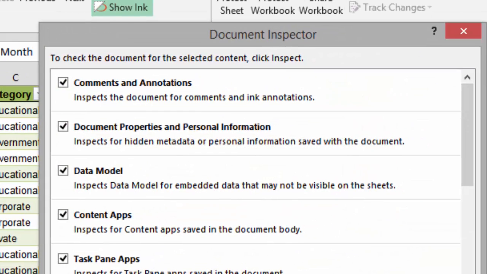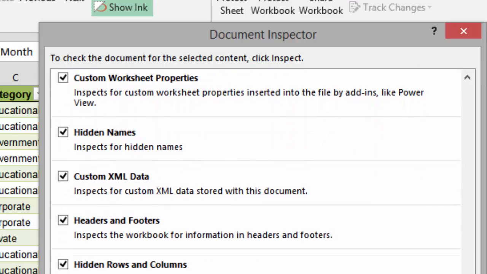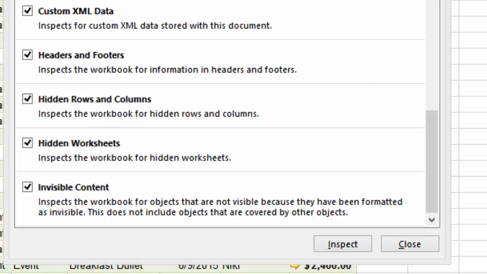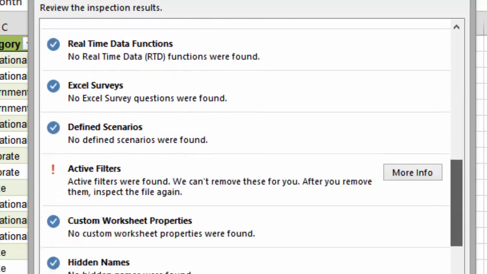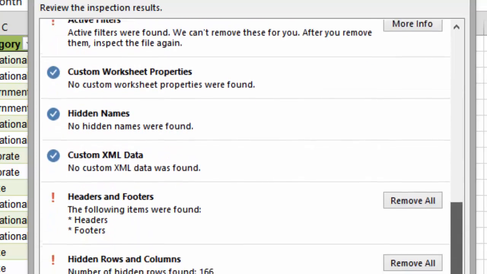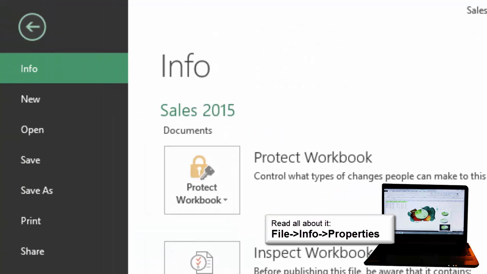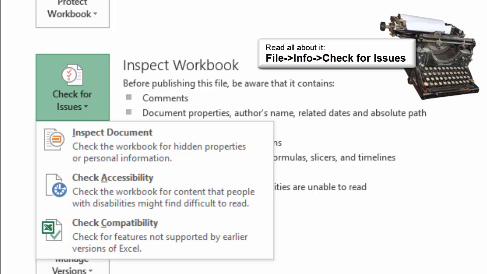The document inspector will look for certain things like headers and footers, comments, hidden rows and columns, hidden worksheet, invisible content, and metadata. If the document inspector finds any metadata or personal information, you will be prompted to ignore or delete it. Keep going. The Compatibility Checker looks for problems that you might have if someone opens up this spreadsheet